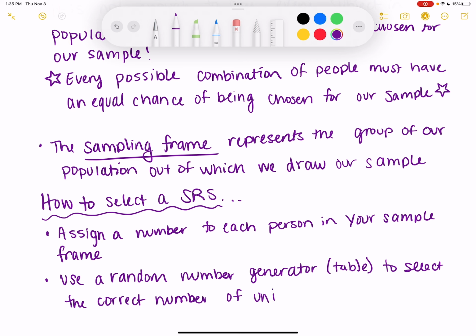So the total that you need, and each person can only occur once. If you have repeats, you just get rid of them, or you can set your generator to say no repeats. You can't really do that on your calculator, but select the correct number of unique numbers for your sample.